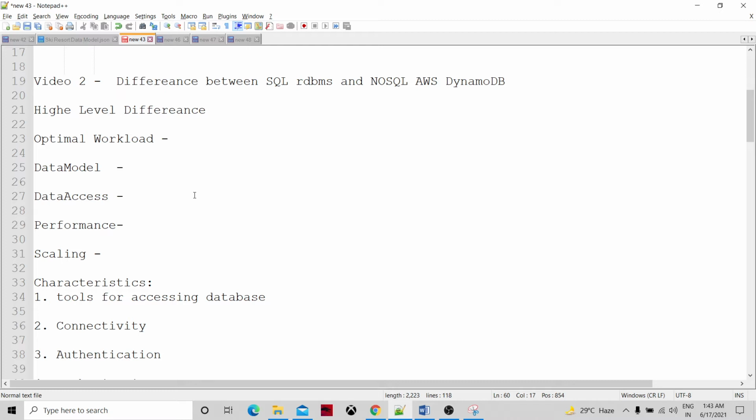Now, how we access the data. In a relational database system, we have a query language, SQL, which is the standard for storing and retrieving data.